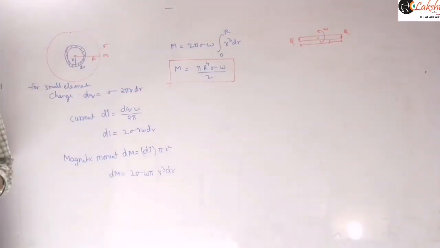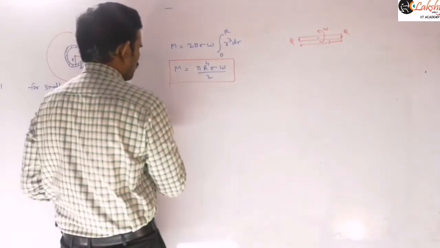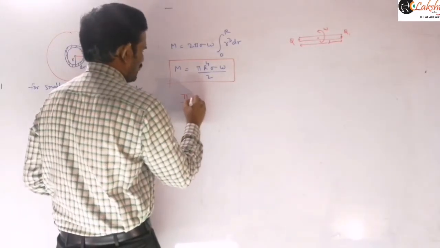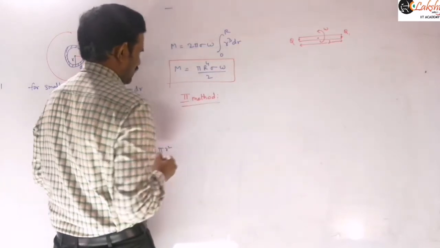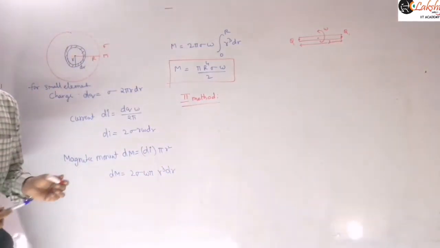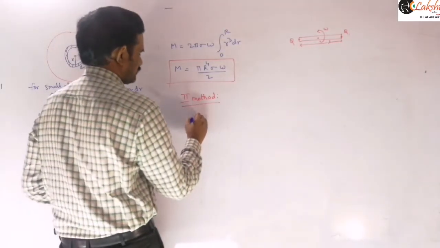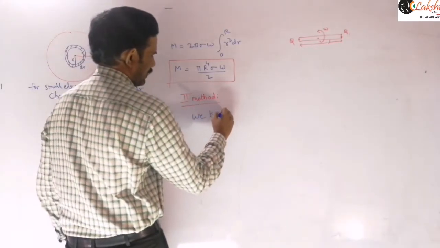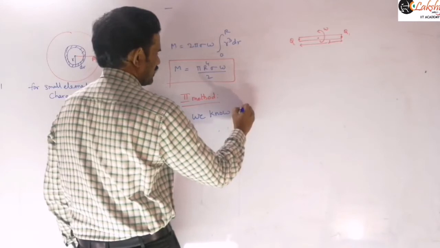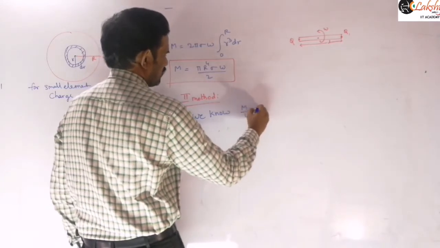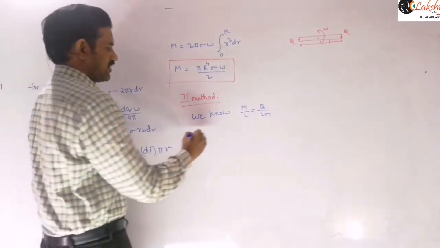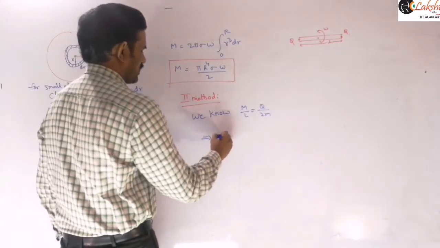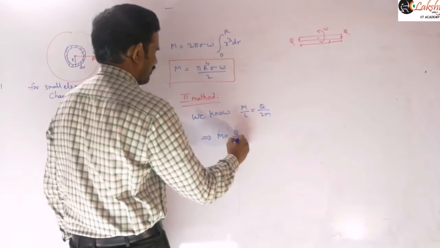Now actually here you can also write it in another way. That is another method I am saying here. No need of doing such a calculation. So see the second method for this. We can use our ratio here. That means we know this m by L is equal to q by 2m, right? We know the ratio already. So therefore from this, m is equal to q by 2m into L,